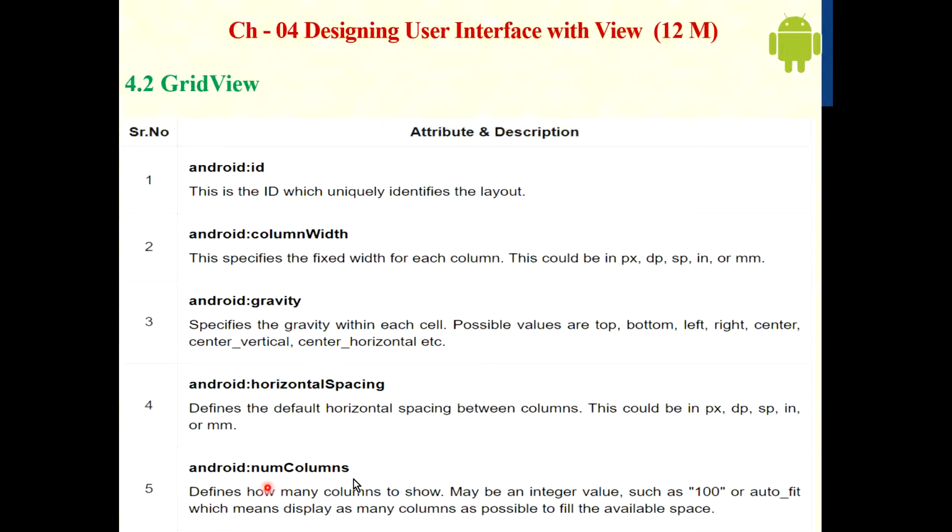If we assign the value auto_fit, it creates as many columns as are possible in the available space. So these are some commonly used attributes of grid view.